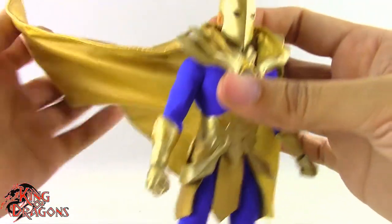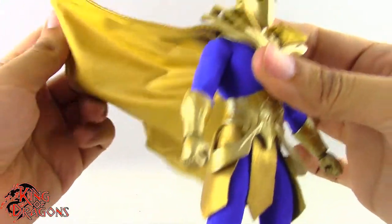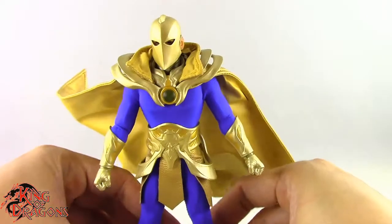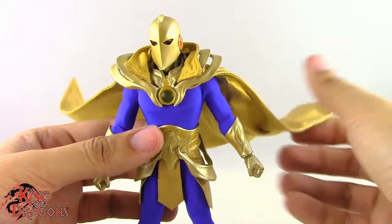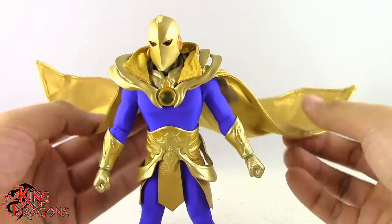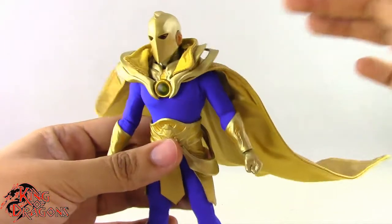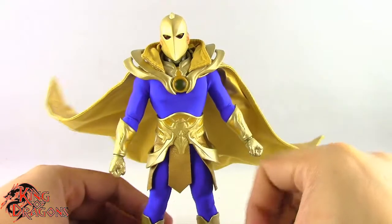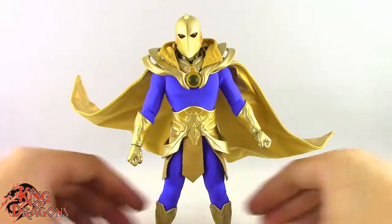pose the cape however you like it, but because it is a double layered cape, it is kind of heavy, so do be aware that when you're posing him, this cape might fall down on itself, and it might also drag him back a little bit. So when you pose him, just keep that in mind. So with that out of the way, guys, let's actually get him posed for my final thoughts, and then we'll